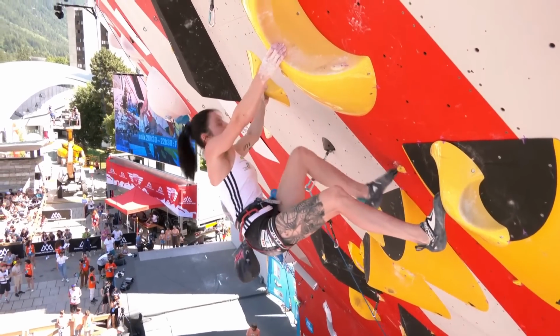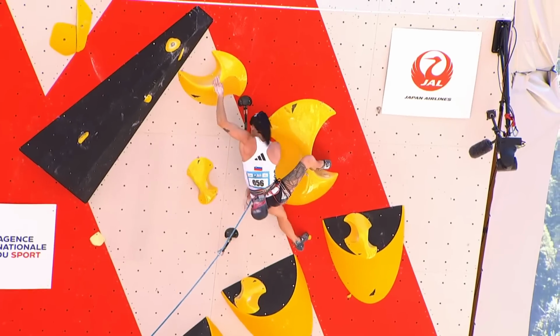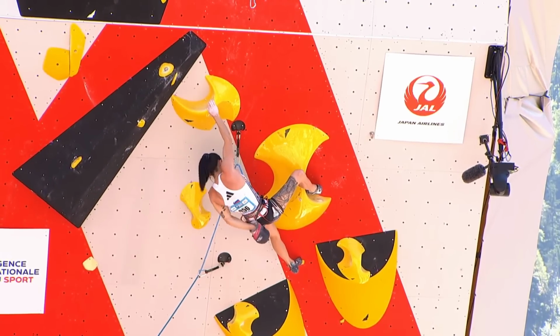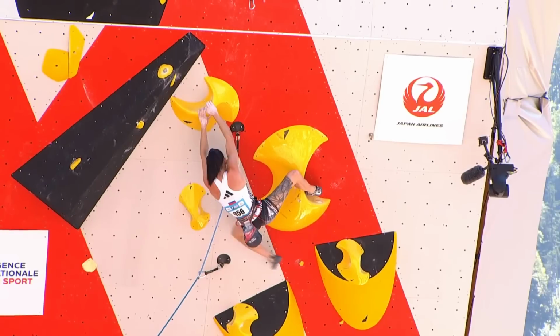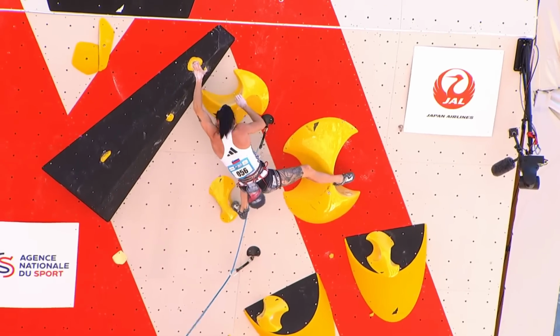Gets the undercling, fighting now. Mia makes a big move up towards the sloper, but the crux, or the second crux, is to come here. Will she go left hand or right? Left is the obvious way. You get your fingers sunk into the pocket, left